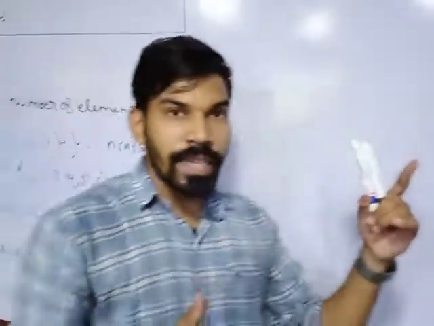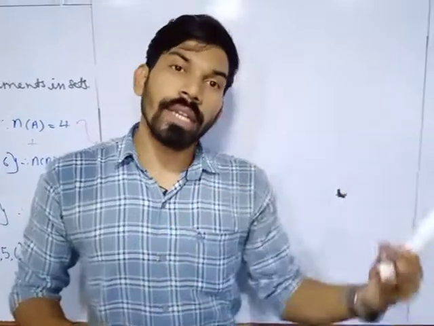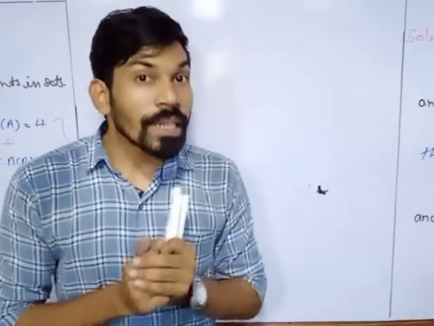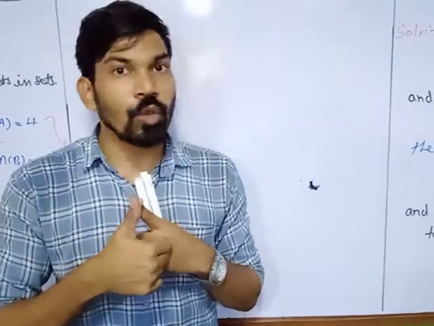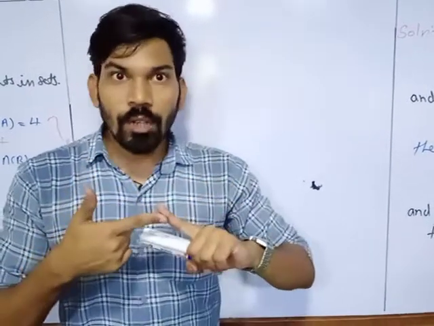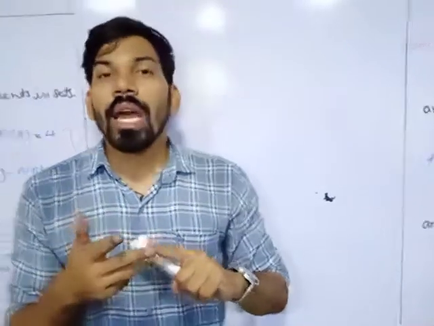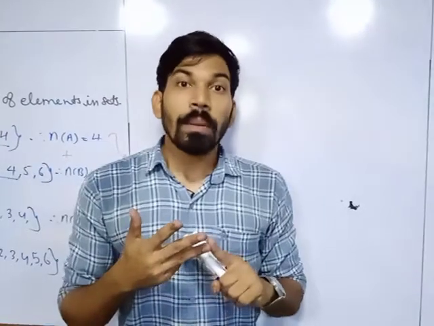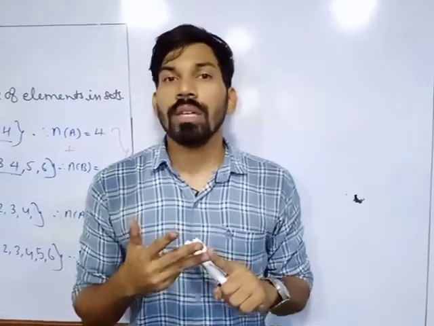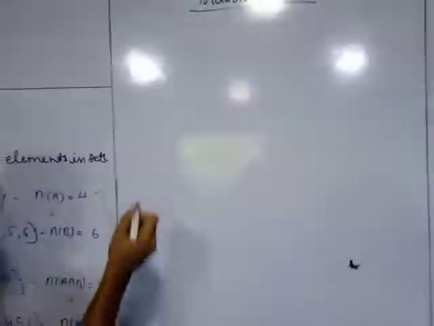And we need to find out the number of students who do not drink tea and coffee, both. What is the meaning of that? We have set A, who drink tea, set B, who drink coffee, and the intersection of set A and B is given, and 125 is the total number of students. It means we have to find out the union of set A and set B.